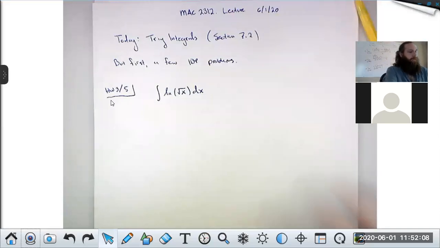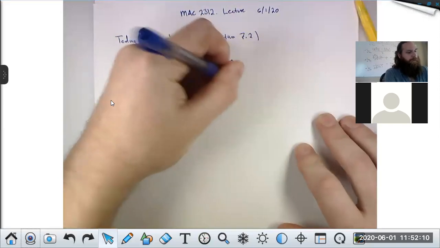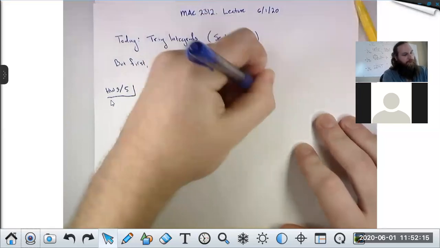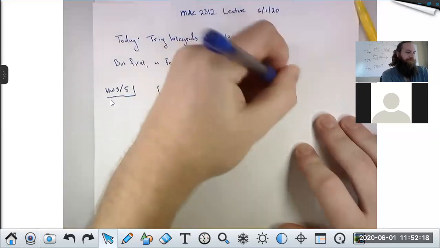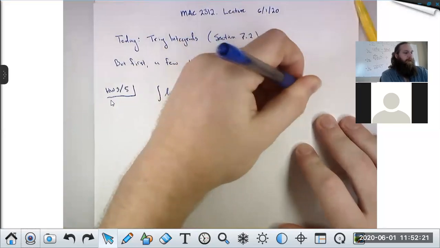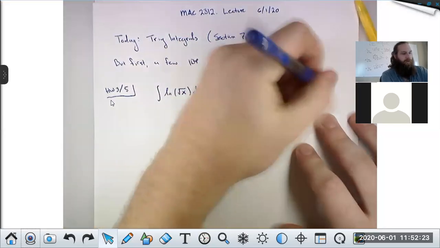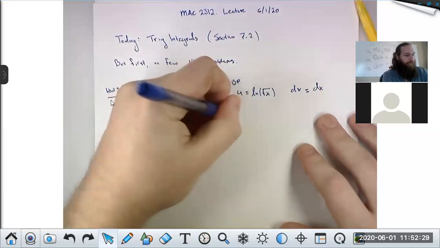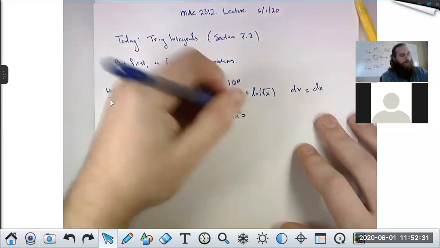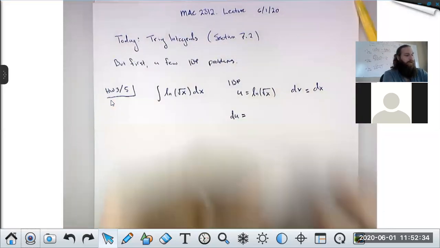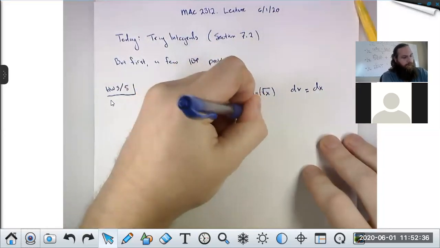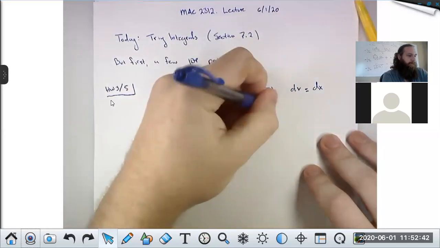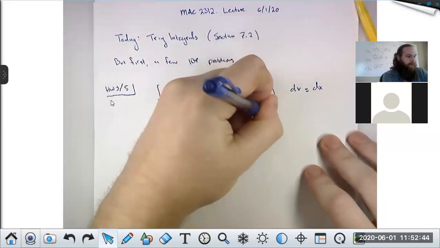We're going to get started with our IBP table. u is going to be the logarithm term, which is ln of the square root of x, which means dv has to be everything else. And in this case, that's just dx. du, the derivative here, is going to require using the chain rule. So that's 1 over the square root of x times the derivative of the square root of x, which is, I'll write it like this first,